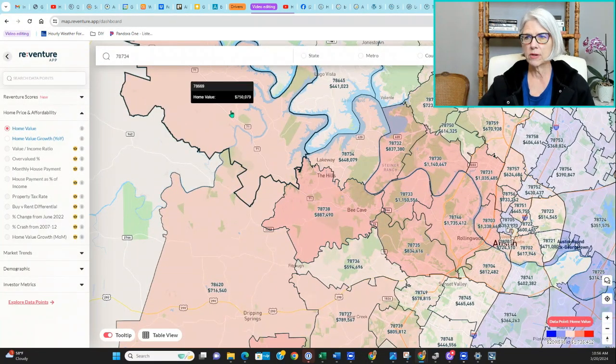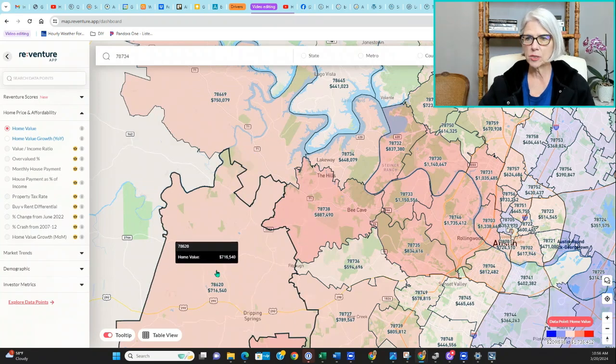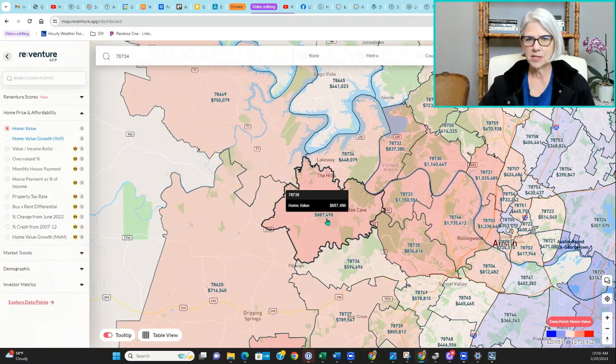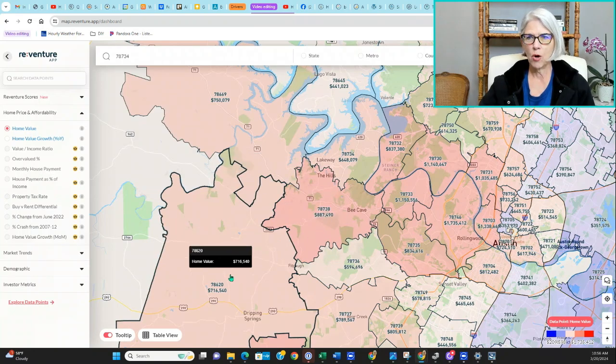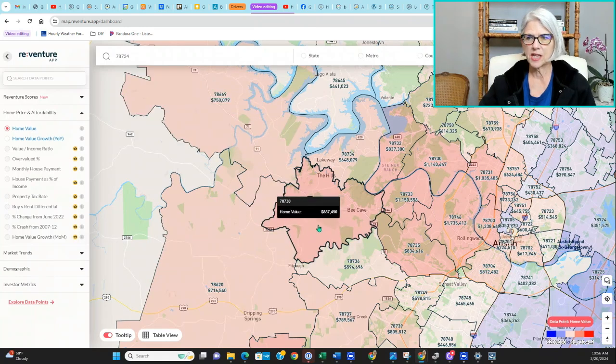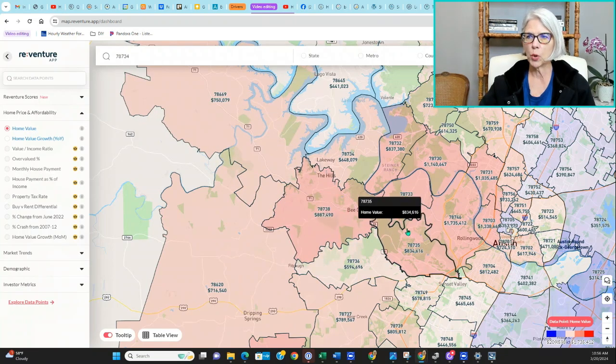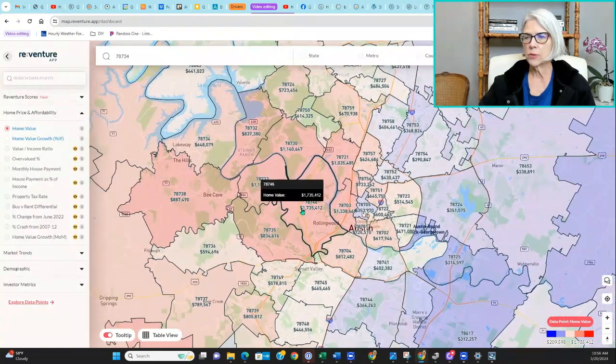Whereas, again, talking about if you were looking to move, now this is really, really interesting. We saw the rent in these two areas was significantly cheaper than it was in this area, yet the home prices are just relatively a little bit more, so this is 887 and this is 750. Okay, so you get twice as much rent over here, but you don't get the properties for half as much. Does that make sense? So you could use this if you were looking to make a move or to invest. There's all kinds of things you can do on here.